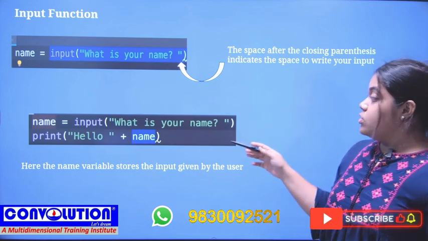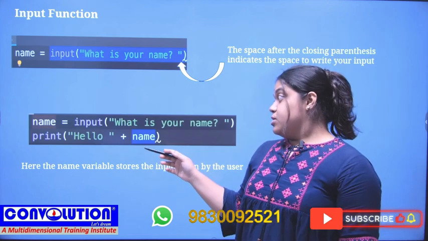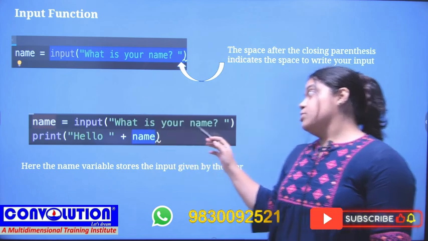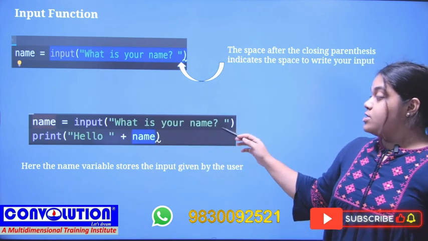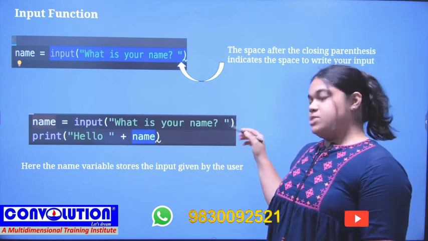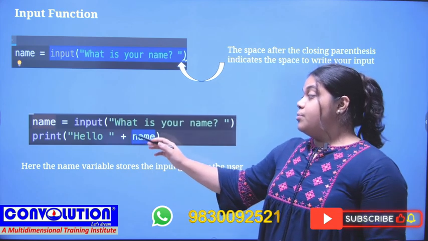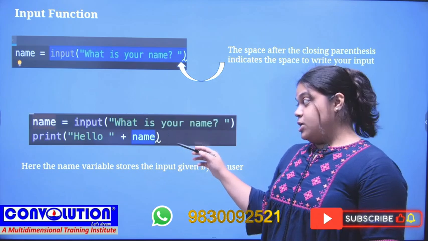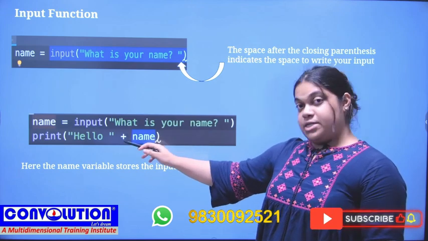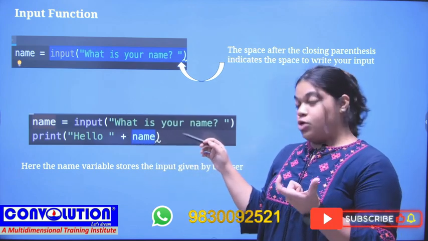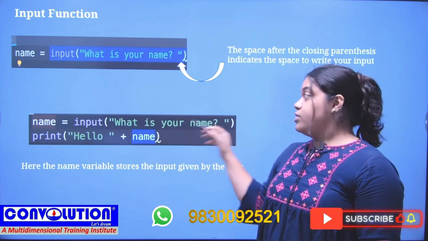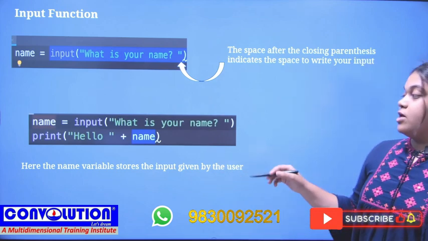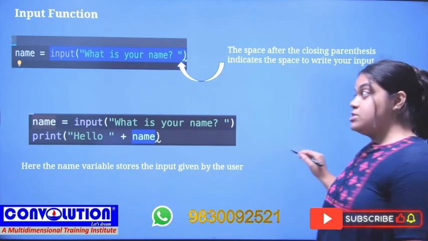Then coming to the next one, that is printing the name, that is name equals to input, what is your name, you already did this. Now it will ask you to input, you use A B whatever you want, then you would print hello, concatenate, then again name, do the previous concatenation. Put a space between, or else the space would not come. Then whatever you input here would reflect here. So this is the way users give input.